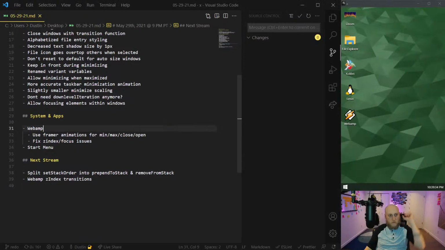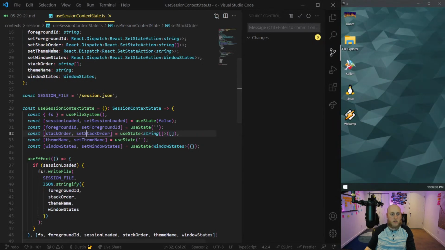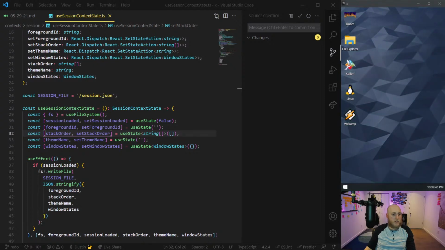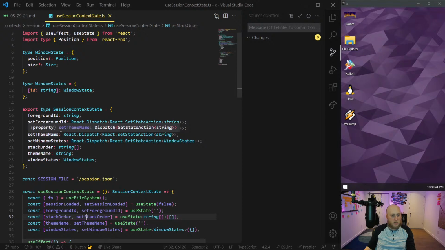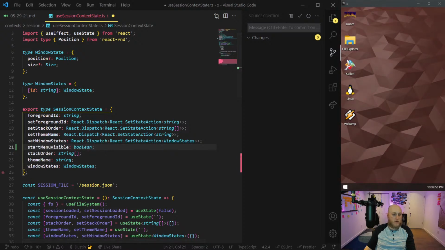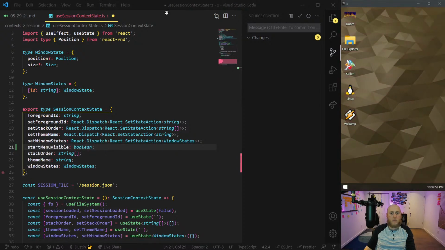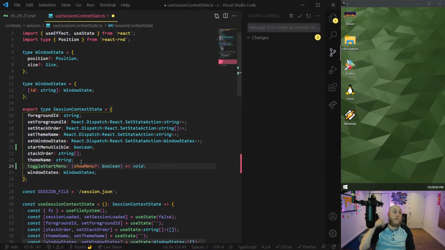So we're going to go into the use session context state, and we're going to add these functions, basically. Functionality, I'll say. Functions might not be the right word. So we're going to have a Boolean called start menu visible. And then rather than do a setter, we're actually just going to pass the toggling function that I'm going to make.